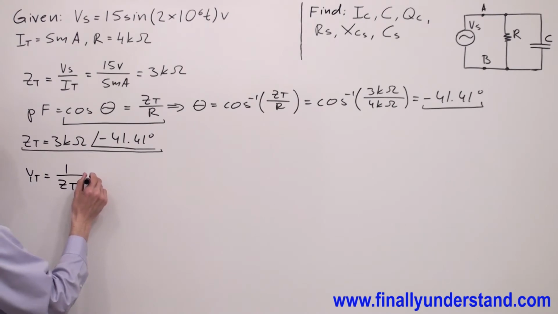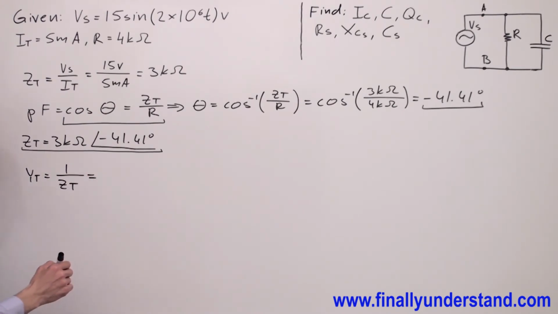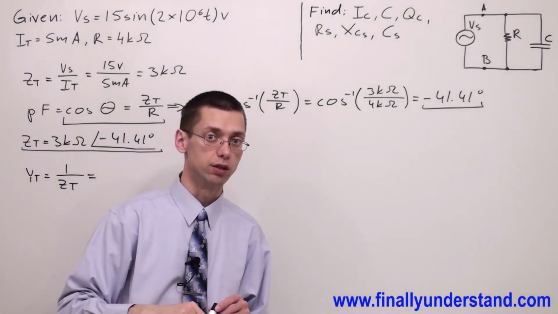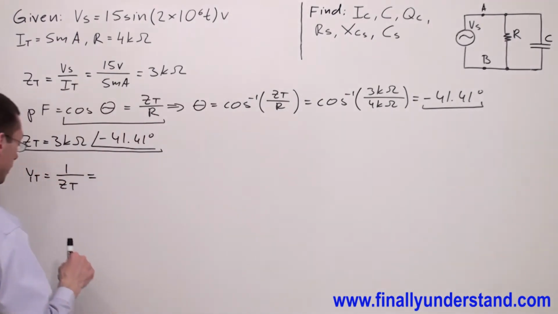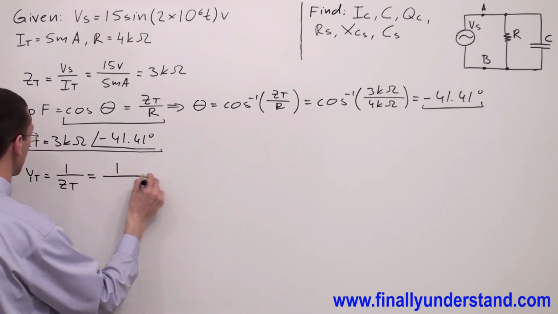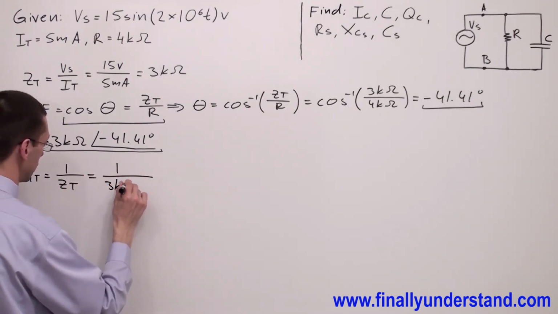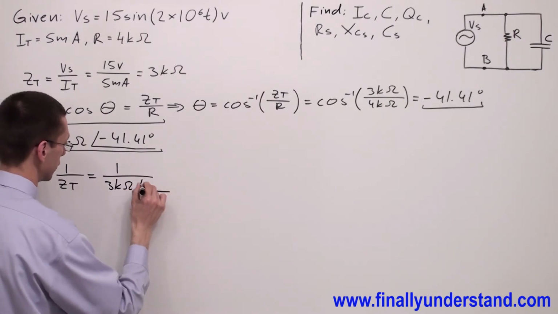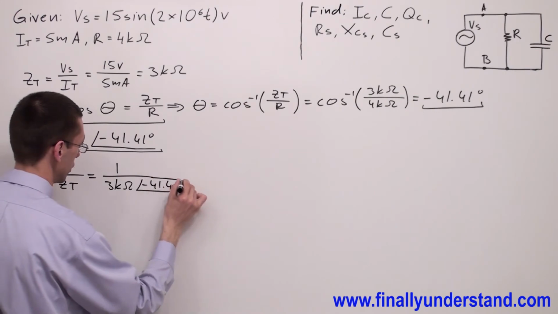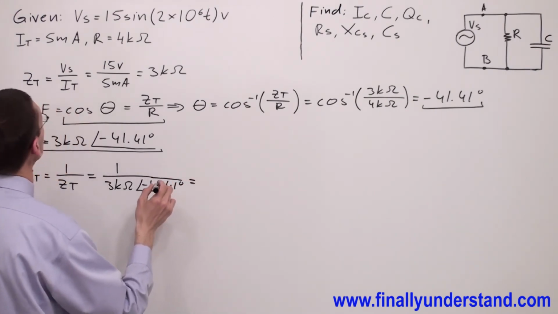Now you can switch your calculators to the mode which allow you to get the answer in rectangular form. Okay, so 1 divided by 3 kiloohms, an angle of negative 41.41 degrees, supposed to give you the answer